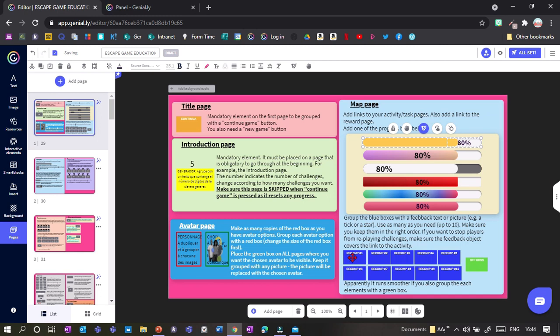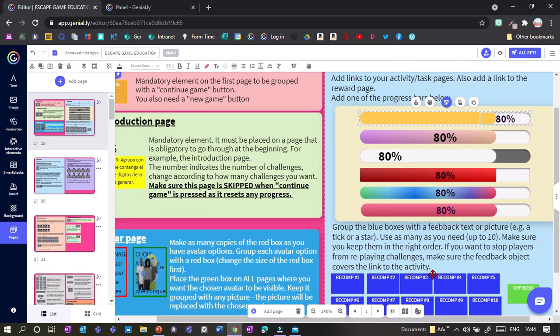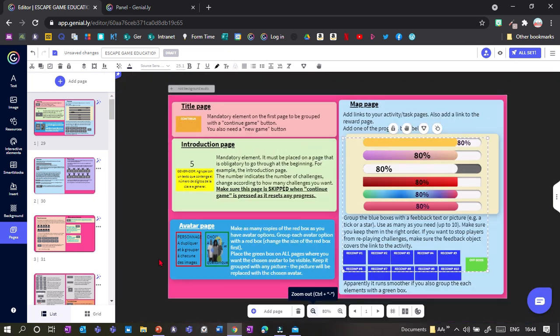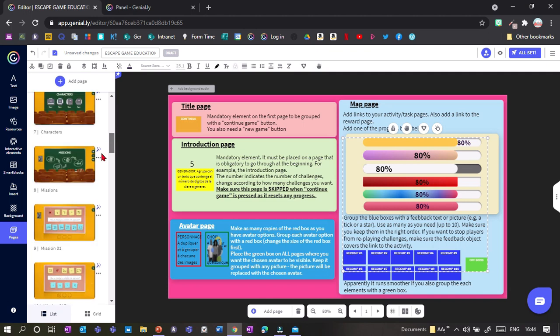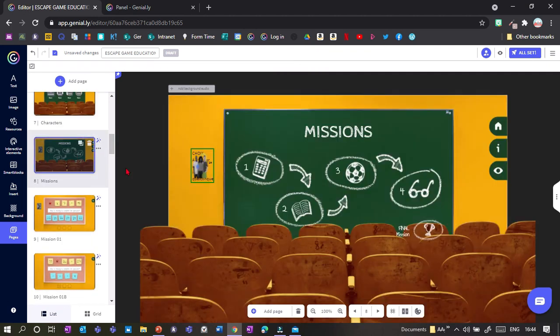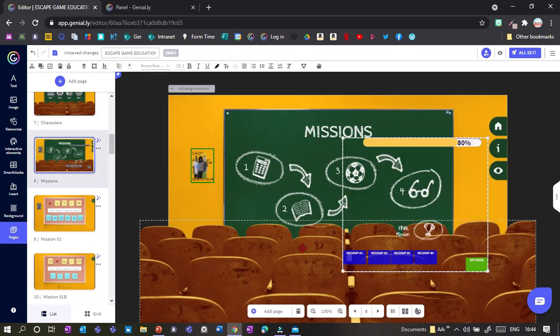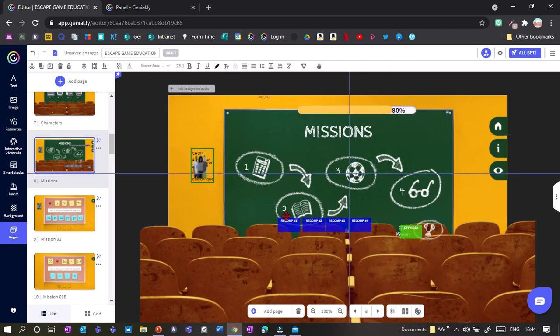We also need 4 of these reward boxes. The blue ones here, they are the rewards. So I'd select 1, 2, 3, 4. Make sure that you use them in the right order. And we also take an off boss, which apparently makes the game run a bit better. So on here I've got my missions, so I put in all my items,